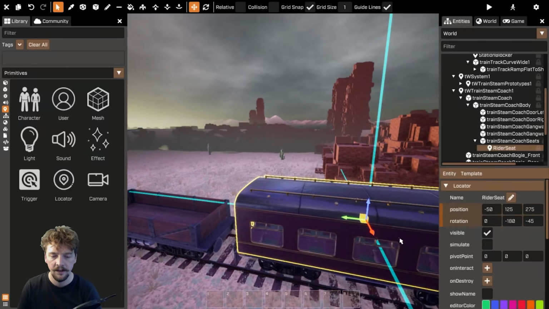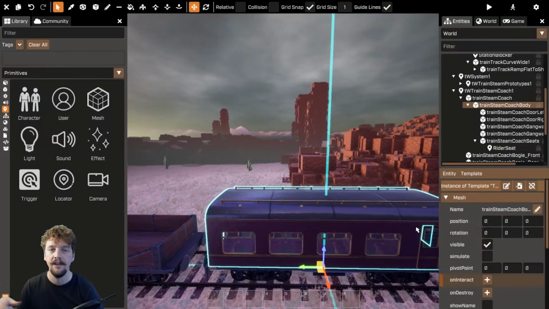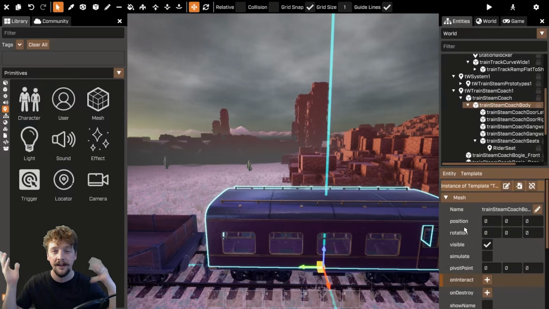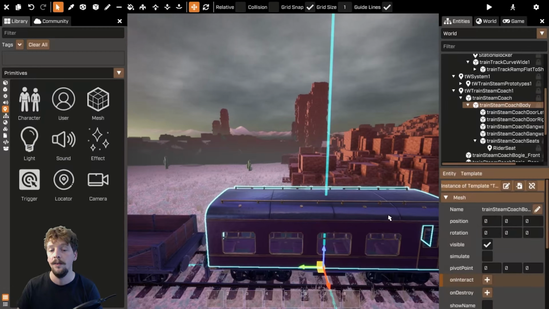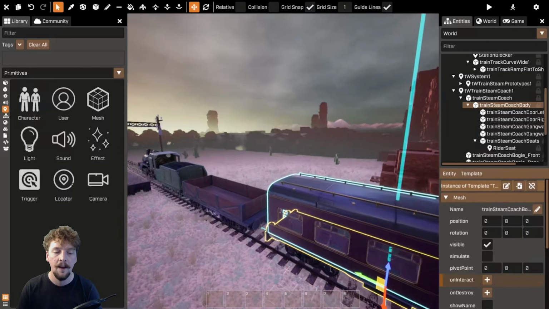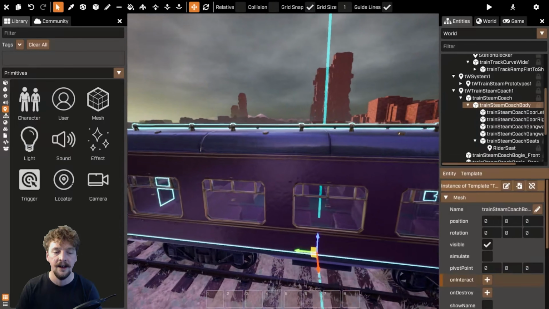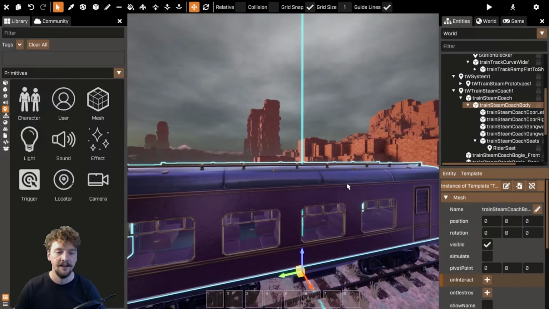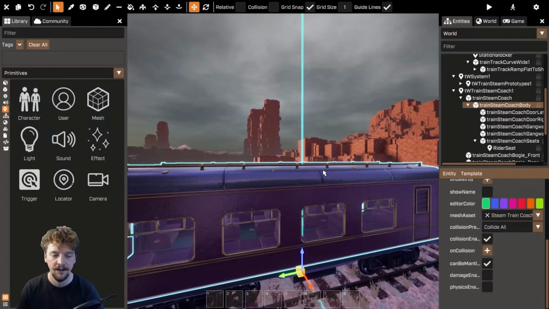The first one is when we interact with this carriage, that's when I want to sit on there. Now, you might do some other event where you interact with a specific seat, or interact with the door itself. I'm just going to be very abstract, and you can interact with the train in general and sit down. So I'm going to click on this